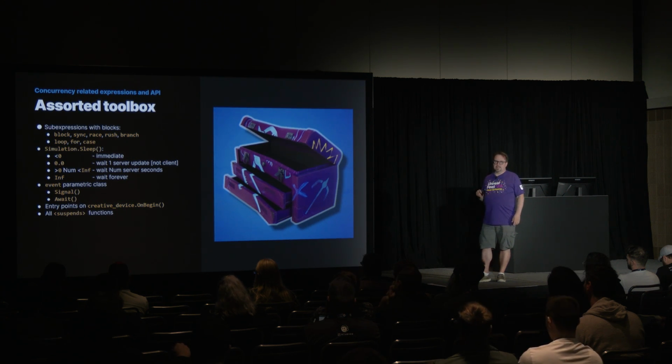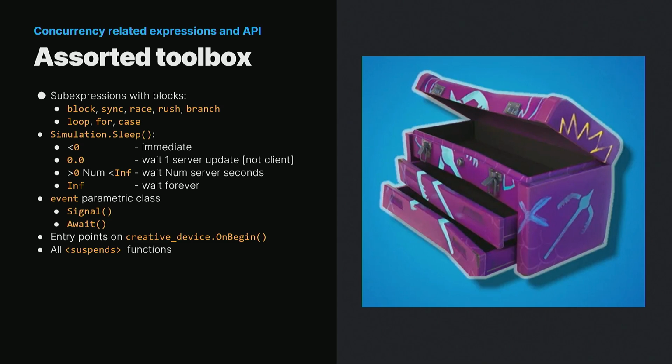Then there's this event class, which when you create it, is a way that you can do event signaling between different time flow tasks. With it, you can make one, and then you await in many different locations on it, and everything will be suspended, waiting for it. And then when you signal, all of those things that are waiting on that one event wake up and continue to the next expression.